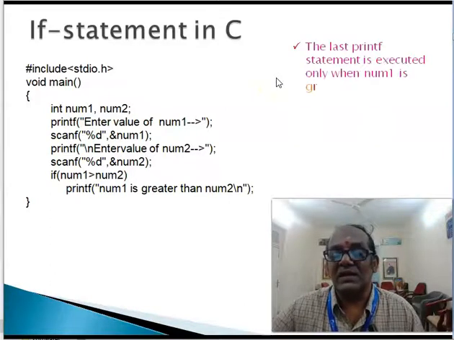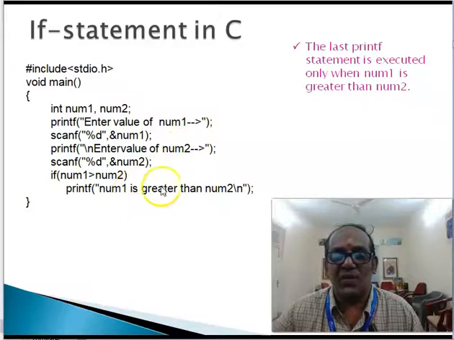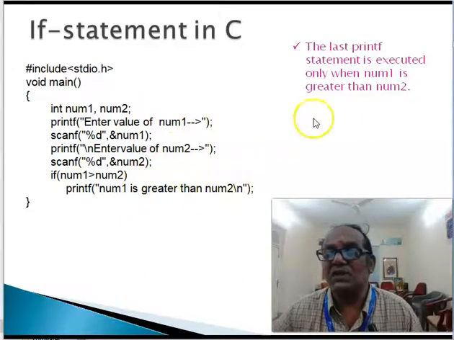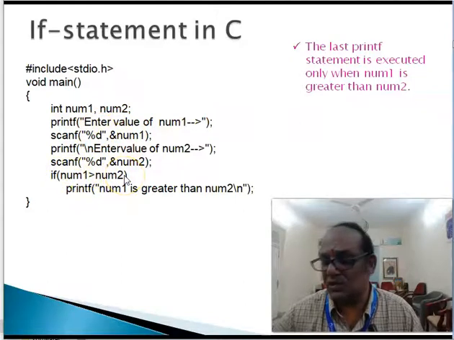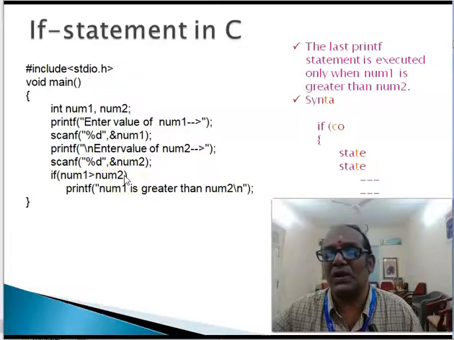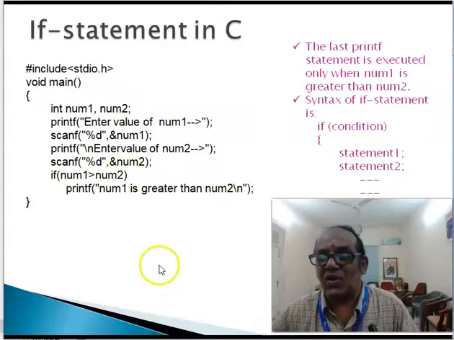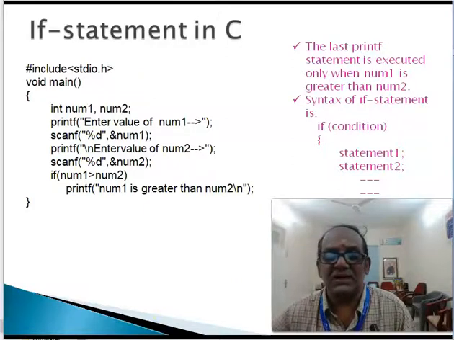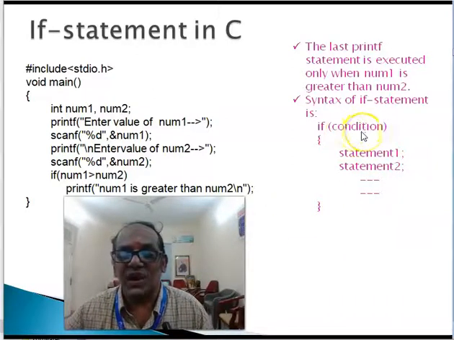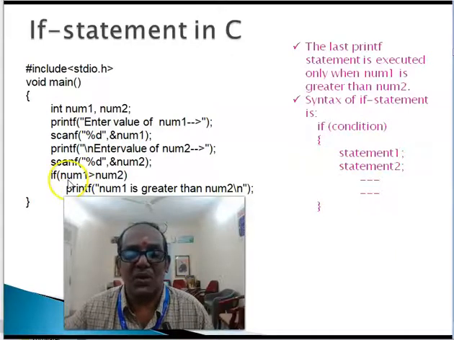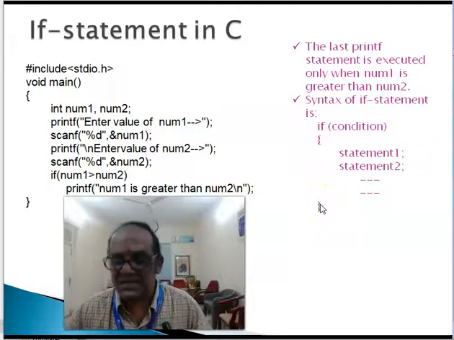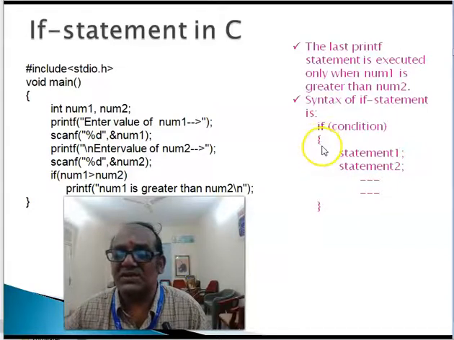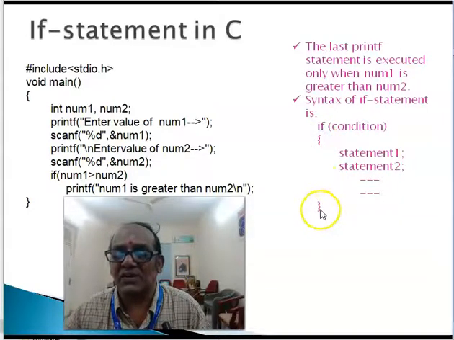The last printf statement, printf num1 greater than number 2, is printed only when the condition is met. Only when num1 is greater than num2, that condition is true. Otherwise it's not printed. The syntax of the if statement is shown over here. If condition, in our present case the condition is num1 greater than num2, if this condition is satisfied, execute this block of statements. Any statements which are enclosed within braces, this is the opening brace and this is the closing